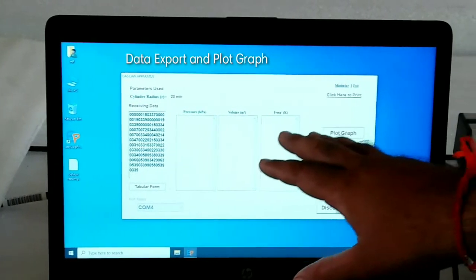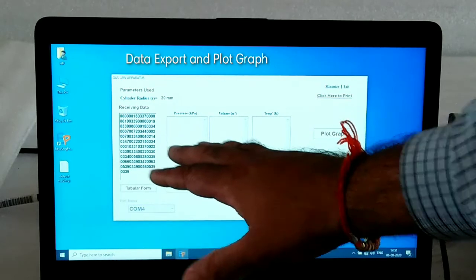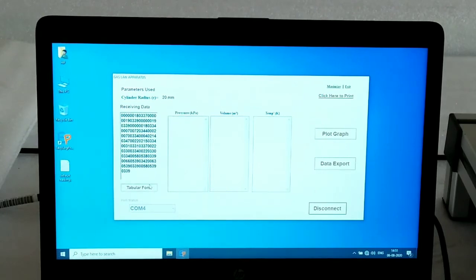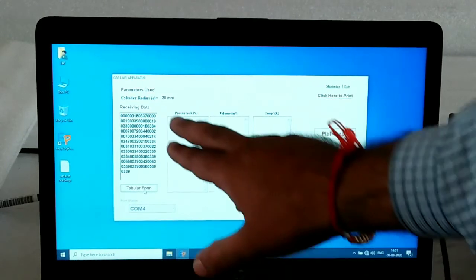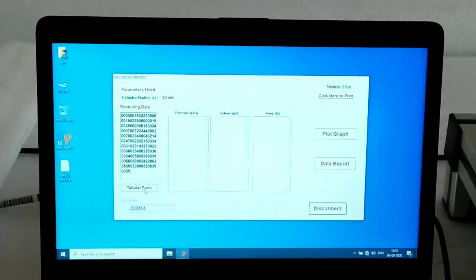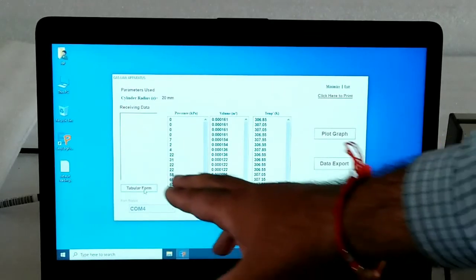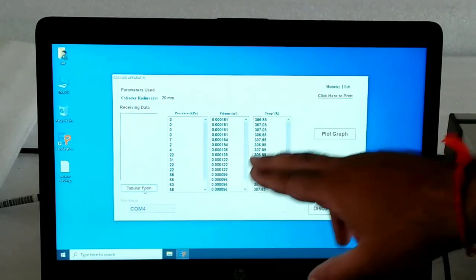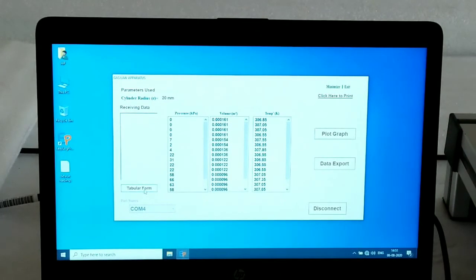Now once we have got the data on the software, then the other part is closed. Then here we have the receiving data, then click on tabular form, and the data is automatically shifted here. We get the pressure reading, volume reading and temperature reading.